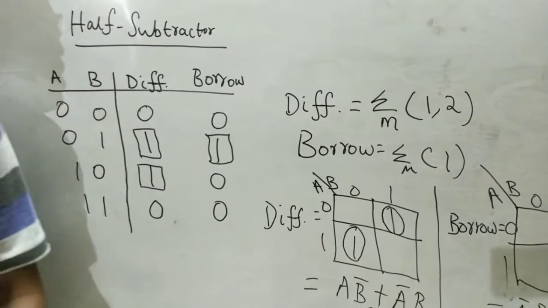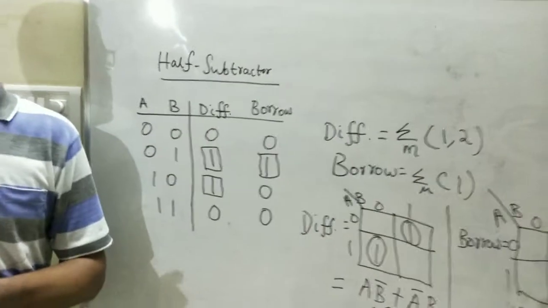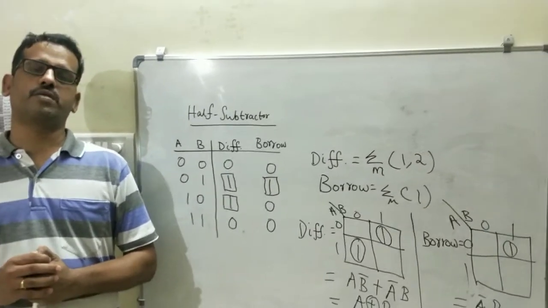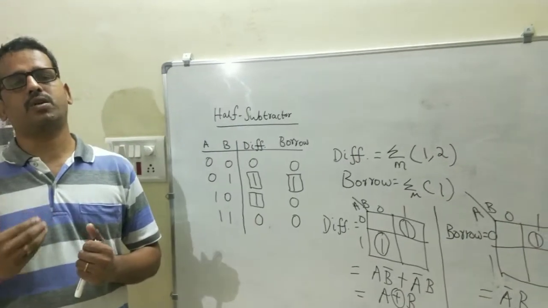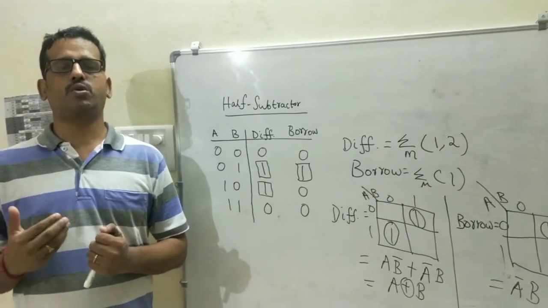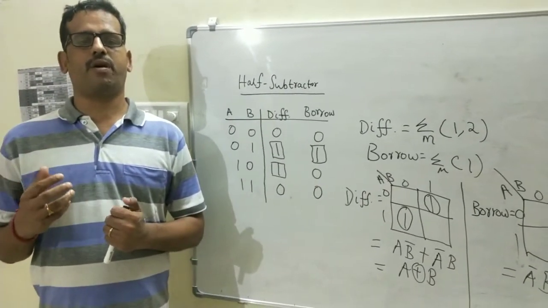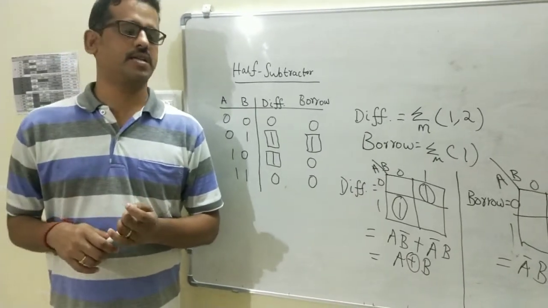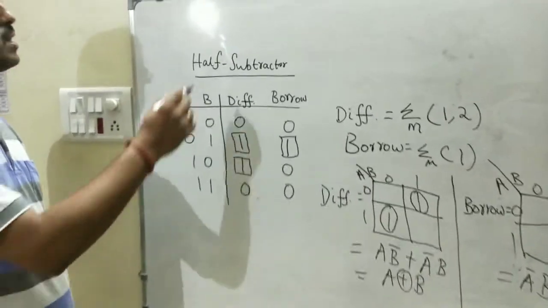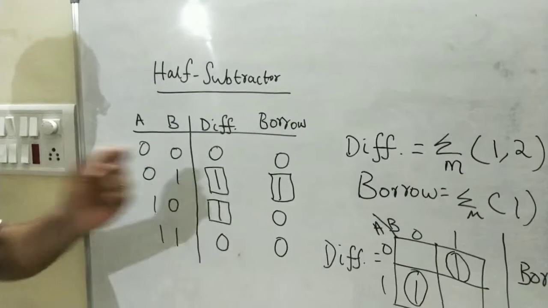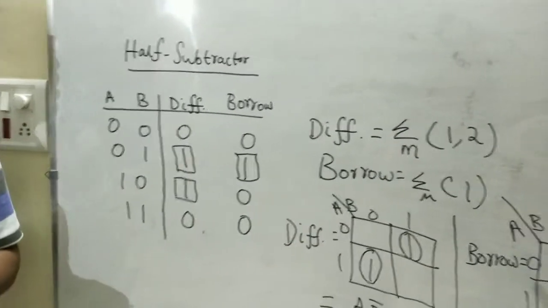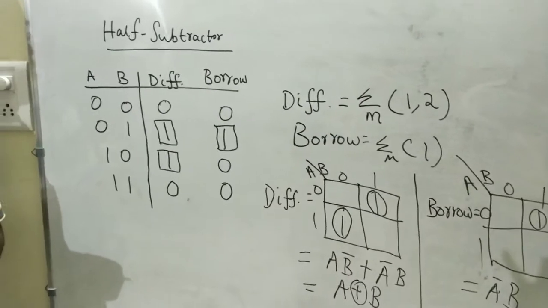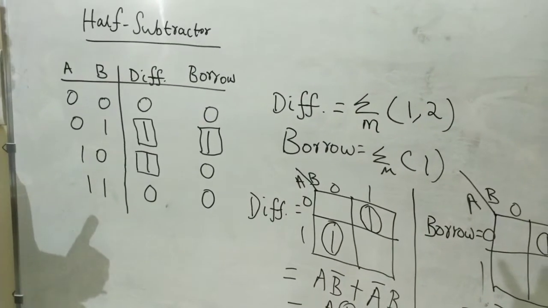As I already told you while we were discussing half adder and full adder, first we need to construct the truth table. Based on the truth table, we need to construct the K-map for further simplification. Now look at the output of the truth table. We need to bother about the output value where it is 1.